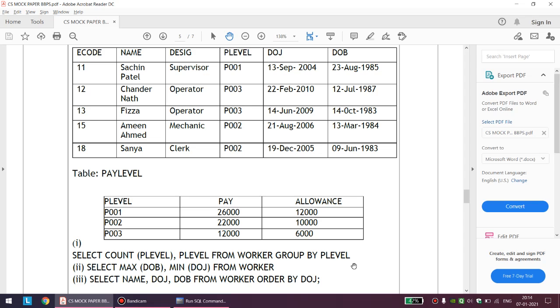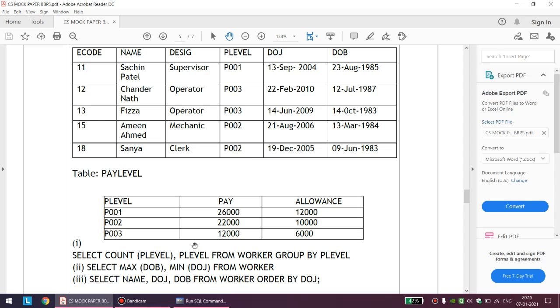Group by, I hope you understand, it is a simple English word where we are asked to group the things, group the common type of things together. So what is common? P001 is coming once only, so its count will be grouped into 1. P003 is coming twice, so its count will be grouped twice, and P002 is coming also twice, so I also hope its count will be coming twice.